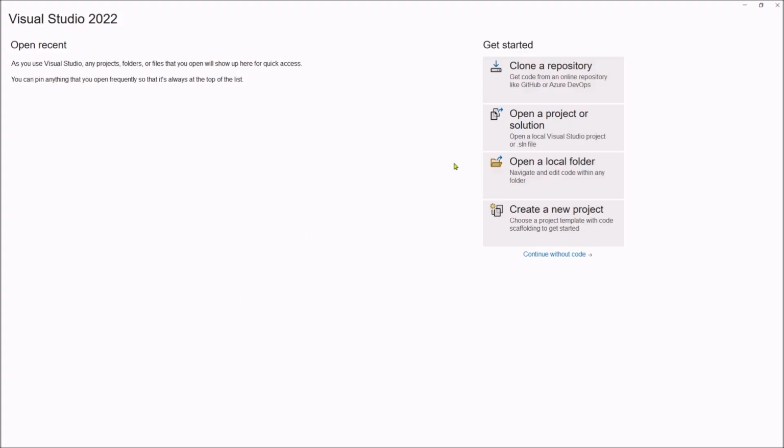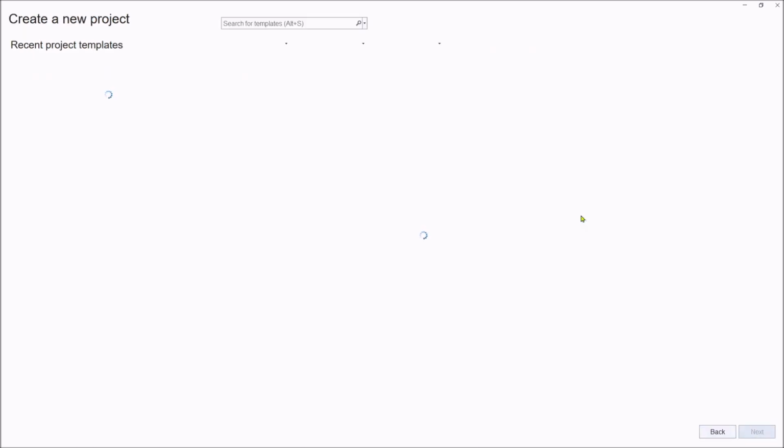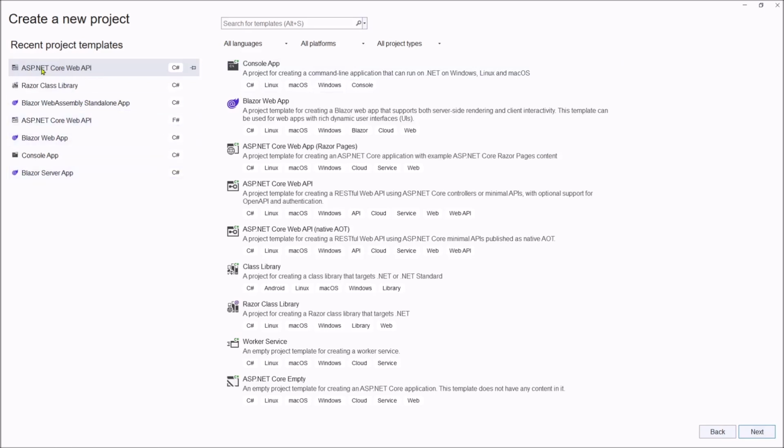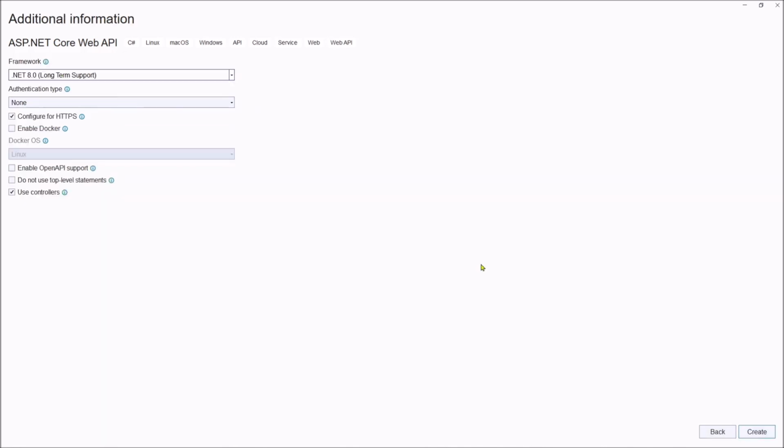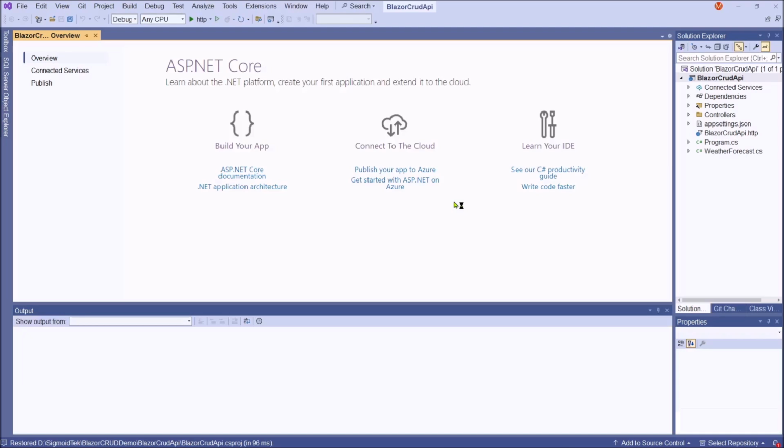Now let's get started to create the ASP.NET Core Web API. First, create a new project. Select this one, ASP.NET Core Web API. Then click Next. Give a project name. Click Next. It's being created. The project has been created successfully. In the first